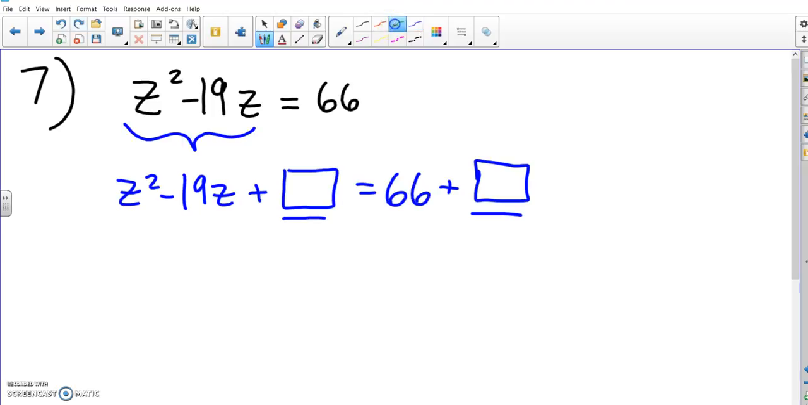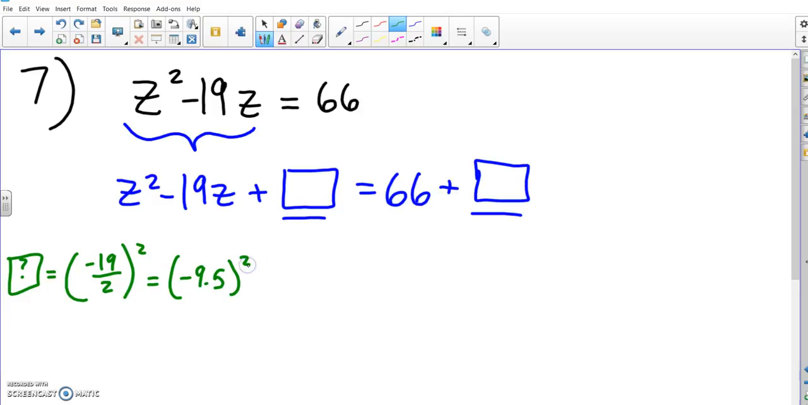Well, it's going to be the value of b divided by 2 squared. So negative 19 divided by 2 is going to be a negative 9.5. And then we want to square that. So that gives us a value of 90.25. And it's all right that we have decimals. They will happen sometimes. So in this case, we'll write in 90.25,